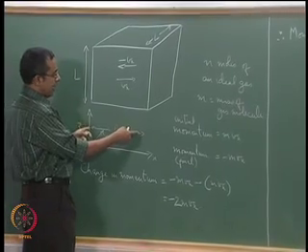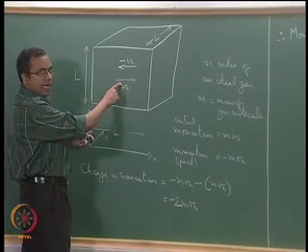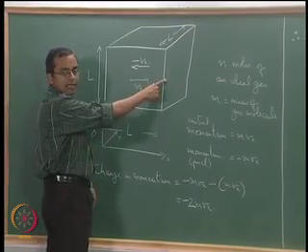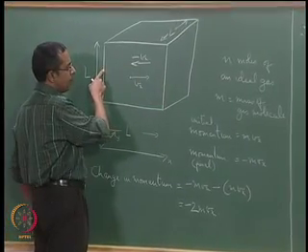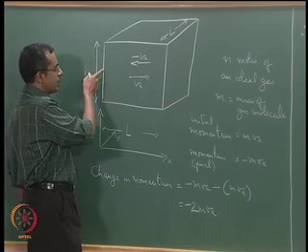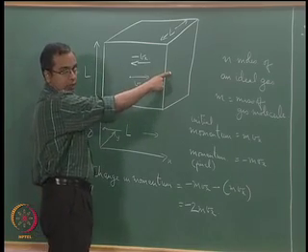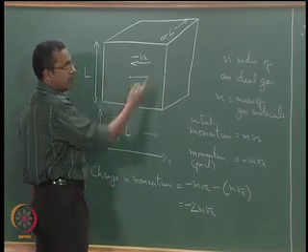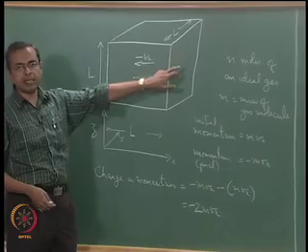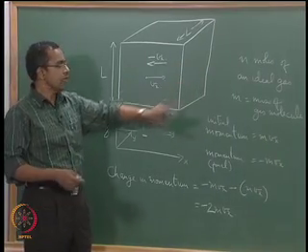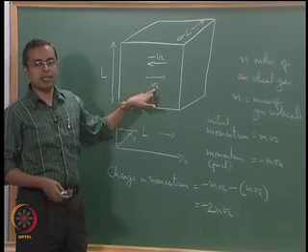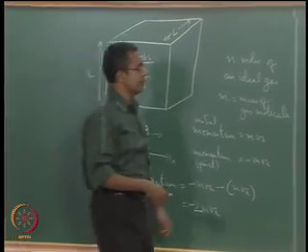If you go back to this picture here, we have a box of side L and velocity here is Vx. Once you have a collision here, for it to come back and collide at this surface once again, it has to travel all the way back here, make a collision with the face on this side, and then come all the way back to the front face. So it has to travel L and then back L before it can make a second collision with this surface. So it has to travel a distance 2L, and its velocity is Vx. So the time it will take to travel this distance